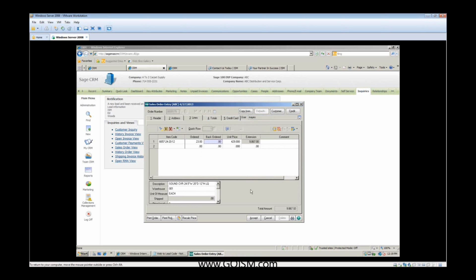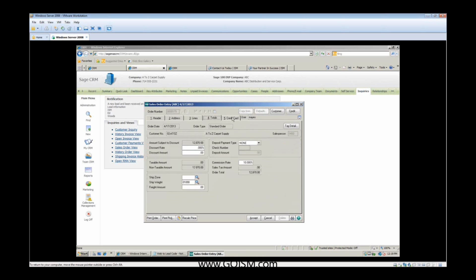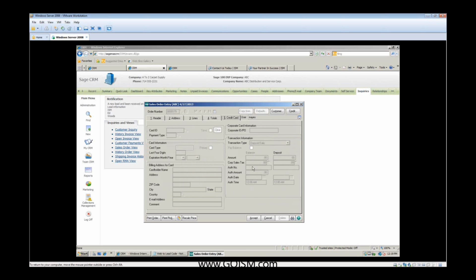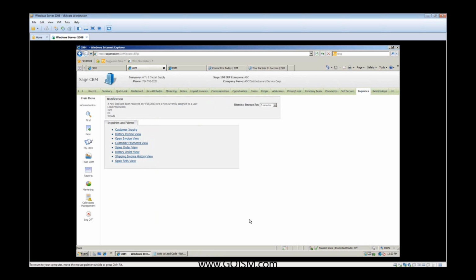Still shows me what is available in inventory. Here's my totals, my credit card information if I need to add that, and I can go ahead and accept that. That will actually go ahead and create the